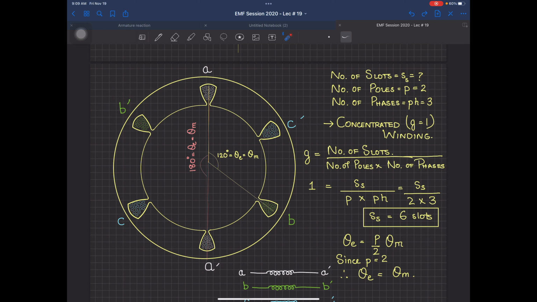So 6 slots are arranged according to this relation, keeping in view that P is equal to 2, you have theta electrical equal to theta mechanical over here. So you are getting this. Now this naming A dash, B dash, C dash is very much important. If you get this wrong, and one thing very important before I give you a break,